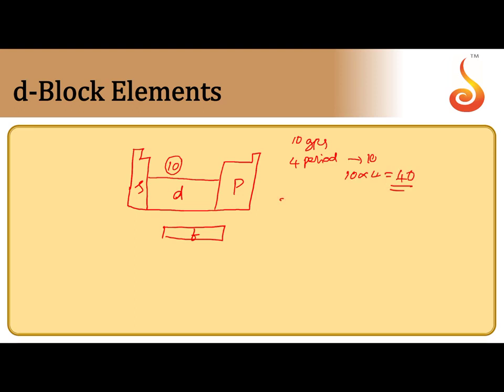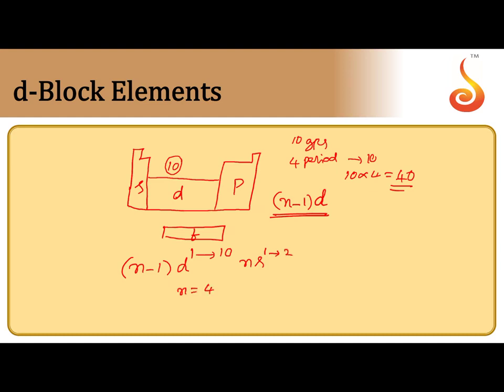The differentiating electron enters into D subshell, but that belongs to the penultimate shell, the n minus 1 shell. So, the differentiating electron enters into the n minus 1 D subshell. The general electronic configuration of D block elements is n minus 1 D taking electrons from 1 to 10, and ns in the S subshell of the valence shell. In some cases 1 electron may be there, in other cases 2 electrons. So, this is the general electronic configuration.